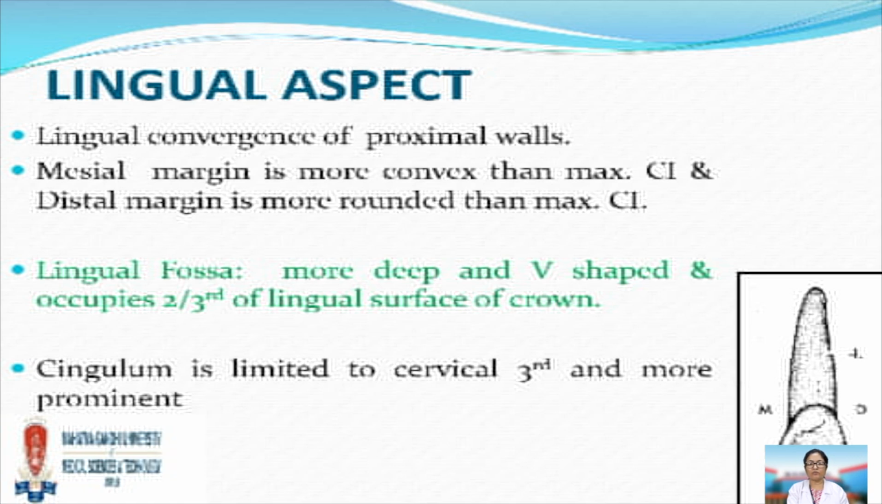Lingual fossa is comparatively deep and it is V-shaped, whereas in the center it is W-shaped, and it occupies almost 2/3 part of the lingual surface of the crown. The cingulum is limited to the cervical third, and it is comparatively more prominent than the maxillary central incisor. This is lingual fossa,